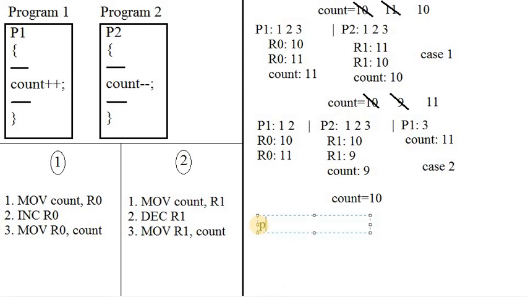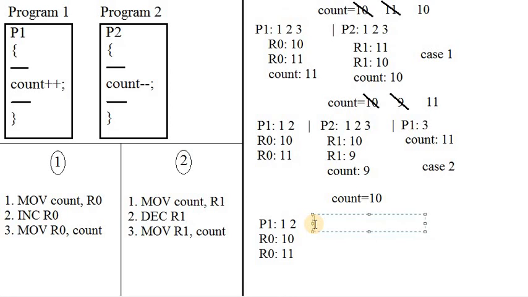So let us start P1 first. Try to execute only 2 statements from P1. What will happen? Here, while executing P1 with both instruction 1 and 2, R0 becomes 10 only. Why? Because it is the default value. Then R0 will be incremented. What is the updated value of R0? 11. So only 2 instructions executed. The third instruction is not yet executed. And come for the next.